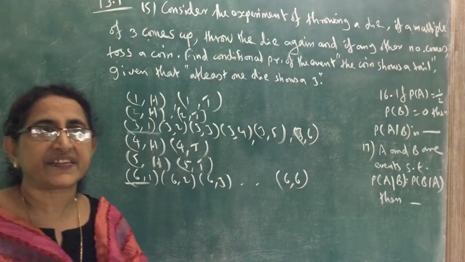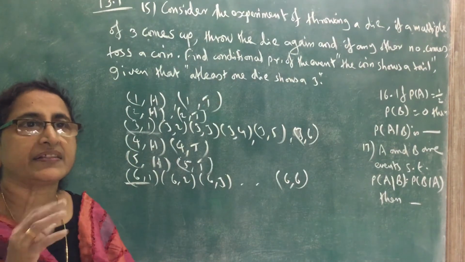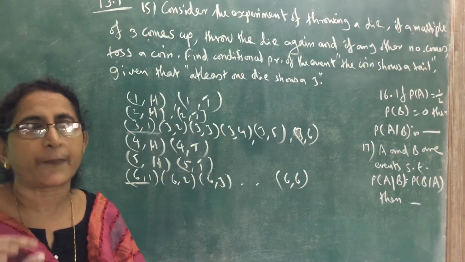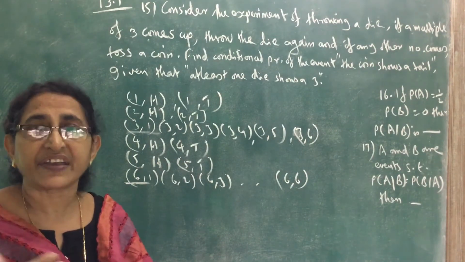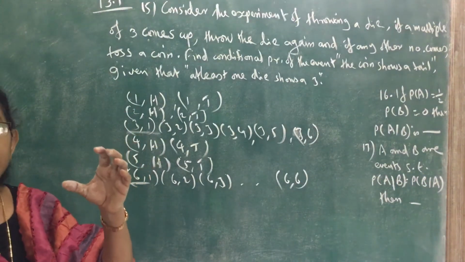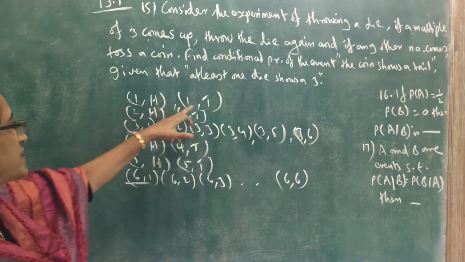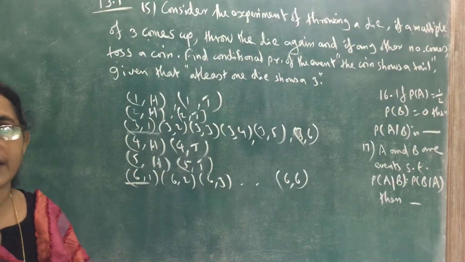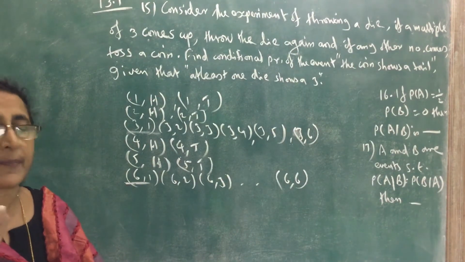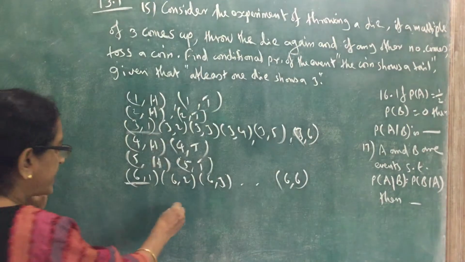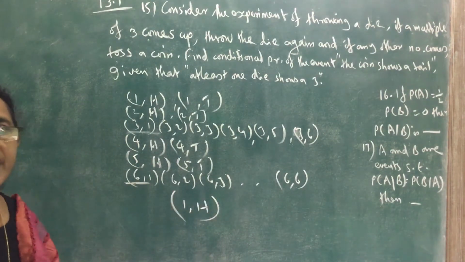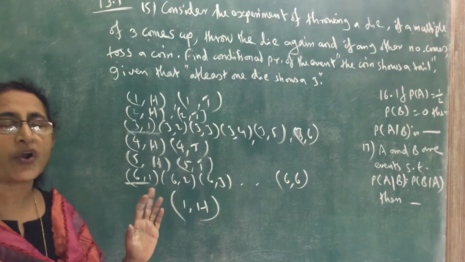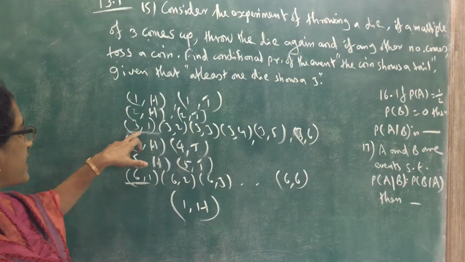Now here there is one specialty. This is a typical question because in this sample space, all the elements do not have the same probability. The probabilities of the elementary events are different. Consider one element of the sample space; elementary means a single element. Consider any one element, 1H, of the sample space. Now the probability of this element, 1H, is not equal to the probability of the element 3,1.